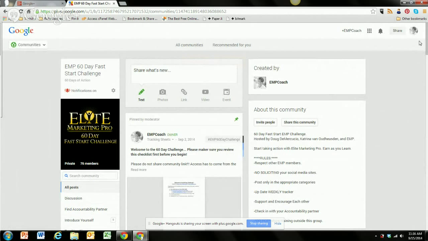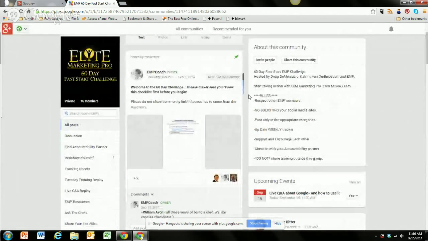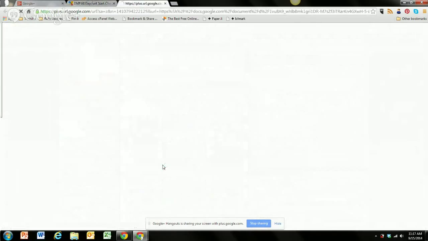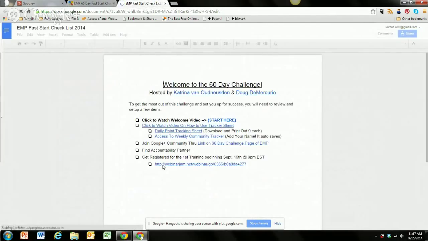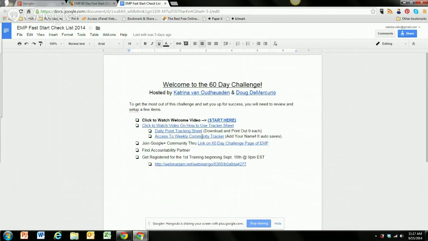You guys have all jumped in. You guys have all hopefully gone through the daily tracker or gone through your checklist. This is a very concise checklist, and I've upgraded it also. So if you guys don't know, I want to quickly touch upon this. For those that have been in here for a while and maybe haven't done this yet, when you join the community tracker, for the weekly tracker sheet that we have for you guys, please add your name to it, and it auto saves. So there's nothing else you need to do except put your name on it.